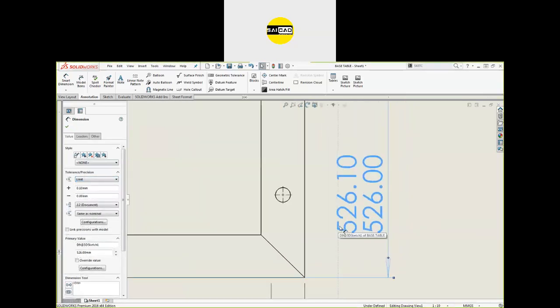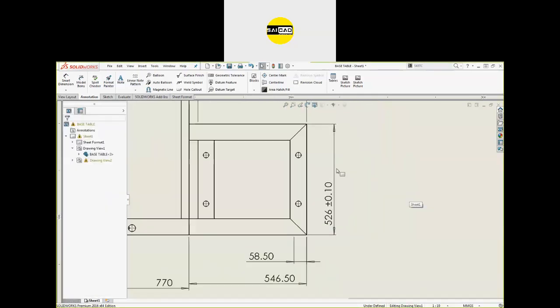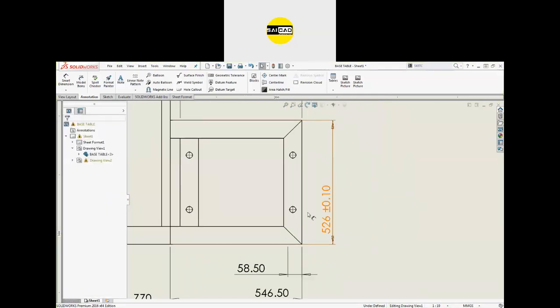Okay, there is the limit option. You can see this is 5.2 to 6.1, this is 5.2 to 6.0. We have to define the different value from here. Like 0.2, you can see the change here. You can see the symmetrical here. Okay, you can see that in the parentheses. So first option is like this one. You can add some tolerance in the dimension.